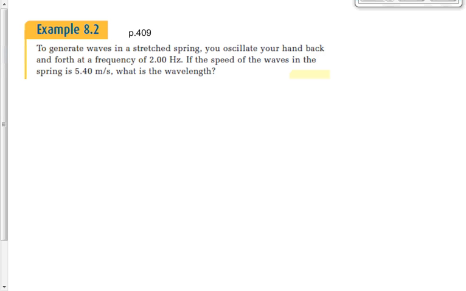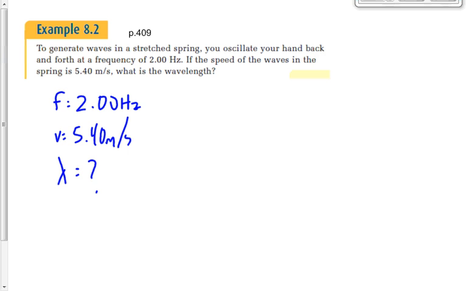It says, to generate waves in a stretched spring, you oscillate your hand back and forth at a frequency of 2 hertz. In other words, you move your hand back and forth like this 2 times per second. That doesn't mean that it's going this way 2 times per second. It means that it's going back and forth, two complete cycles in 1 second. The speed of the waves is 5.4 meters per second. What's the wavelength? Well, if our frequency is 2.00 hertz and our speed is 5.40 meters per second,